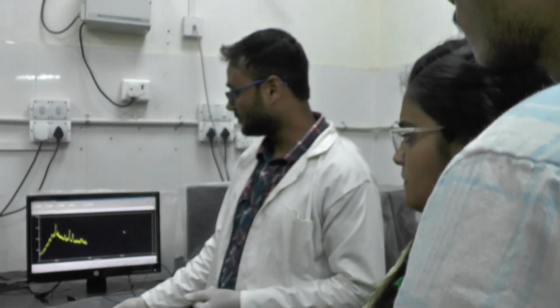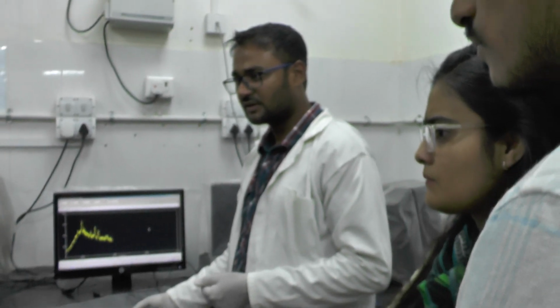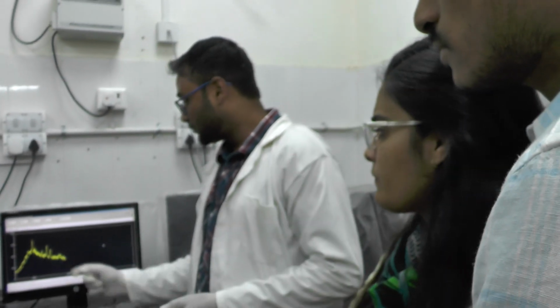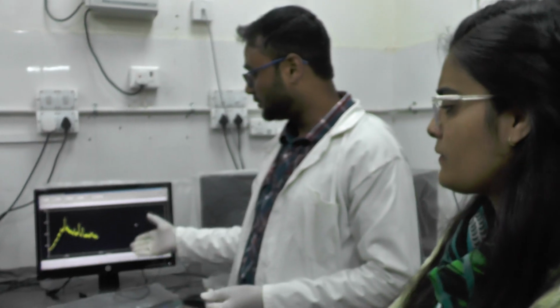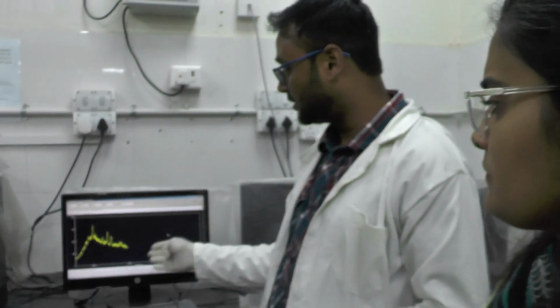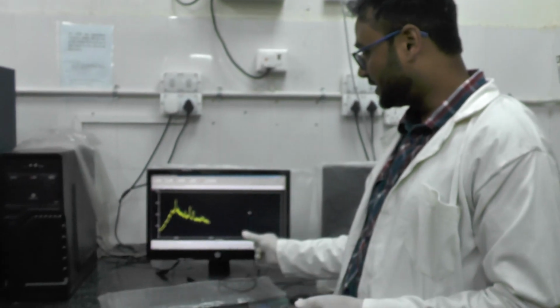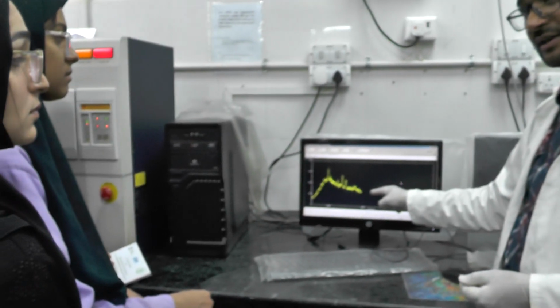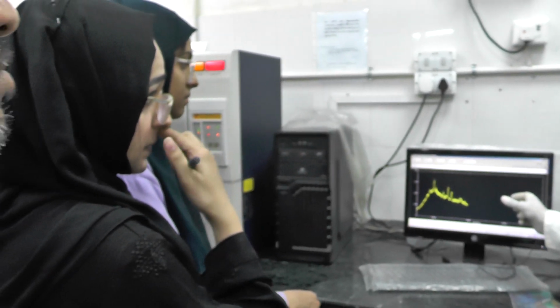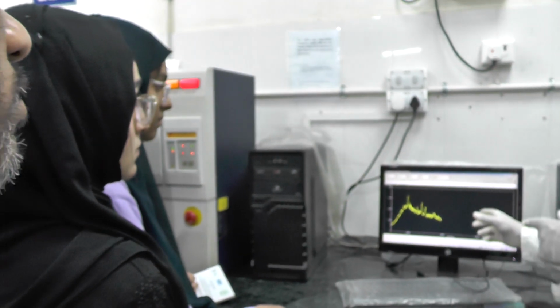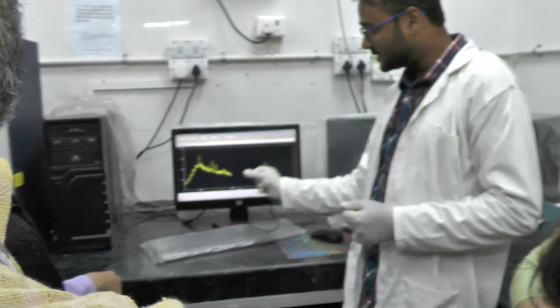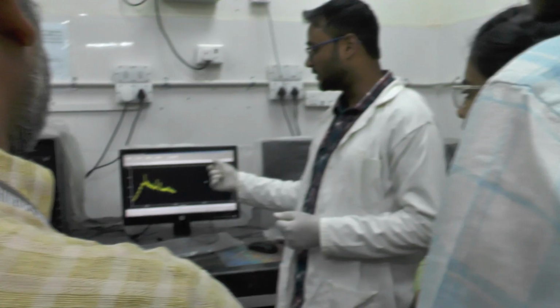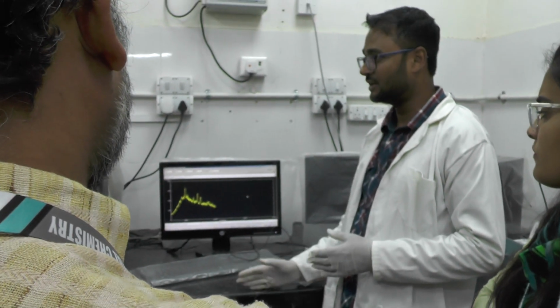What will happen if we increase the scan rate? If we increase the scan rate, instead of half an hour, it can be done in 15 minutes. But the thing is that there will be an increase in noise, so noise will increase, but your time will decrease. So the lesser the scan rate, the more beautiful data you will get. Is it clear?